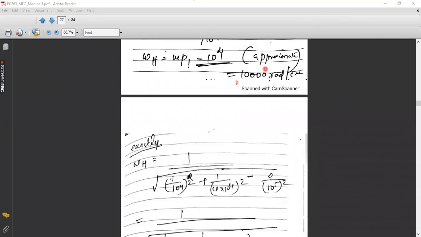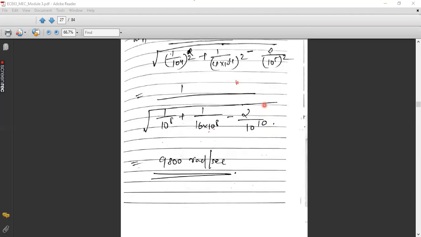Yes, 9794.04. Okay, so you can retain the same answer, whatever you are getting from the calculator. So you can say that whenever you are going for the general equation